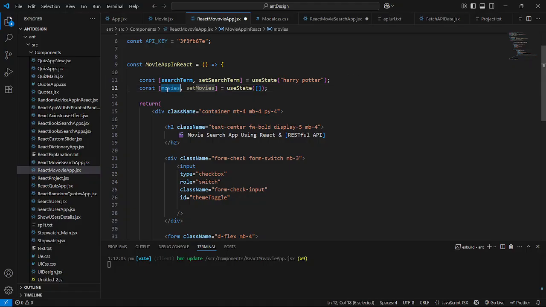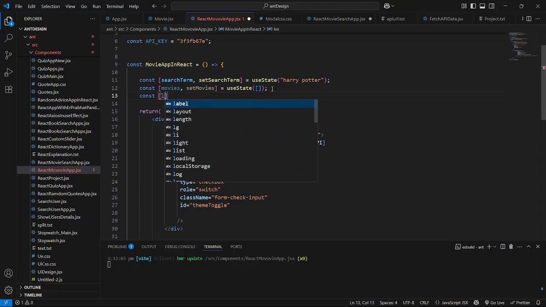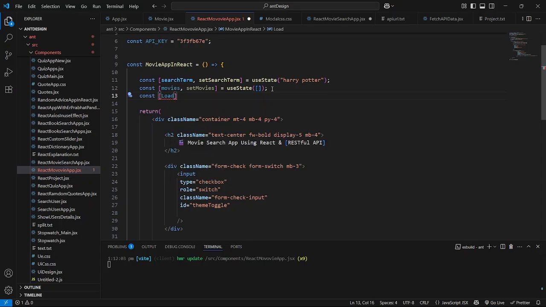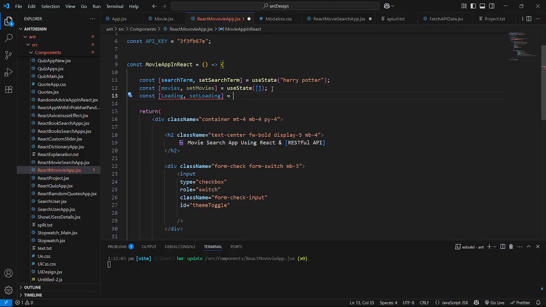So this movie is the empty array, and this is the initial value. I'm not going to explain each and everything again and again. I explained many things, and everything is in my previous videos as well. I'll just create the loading state variable, set loading,